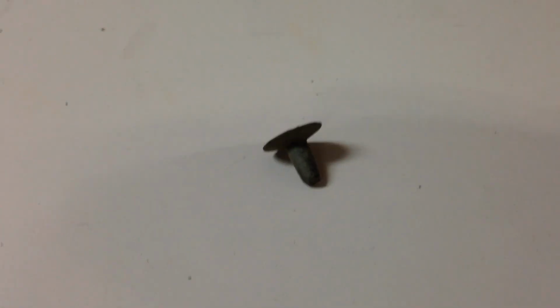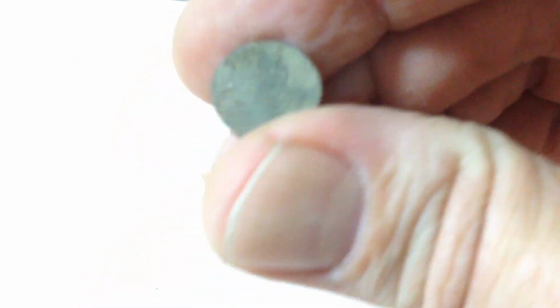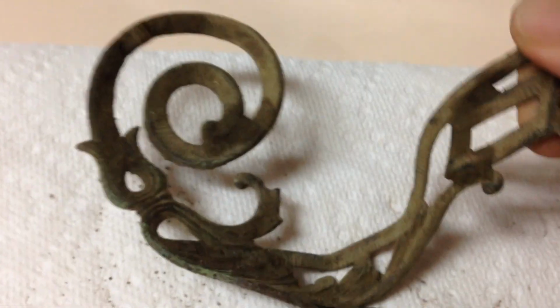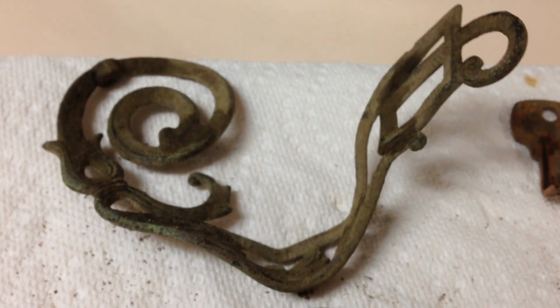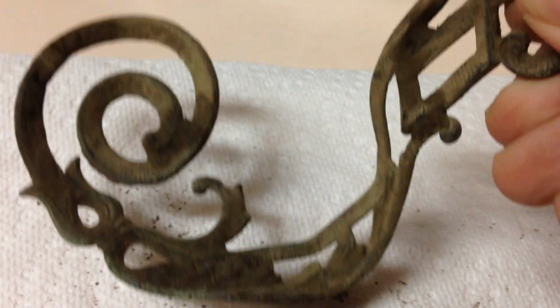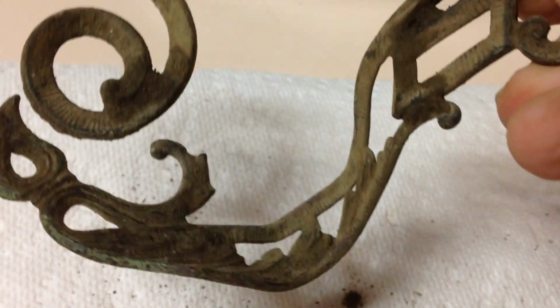But I don't know what it is. It's still not in focus. It's so small. It's not threaded or anything. But for what it's worth, there it is. This is the little decorative piece of brass to something. I don't know what it went to or anything like that, but it's pretty mangled, being out in the field